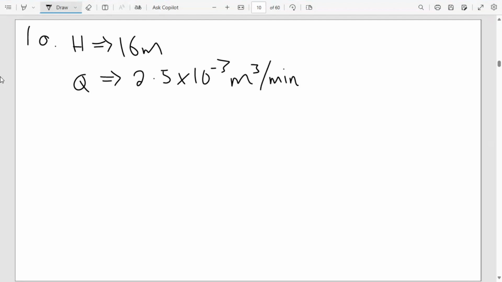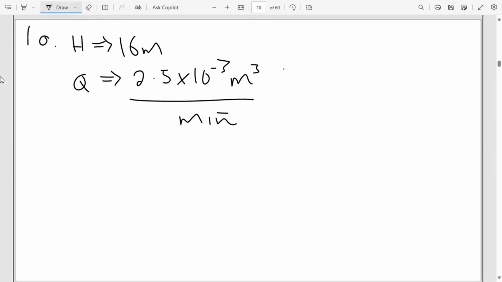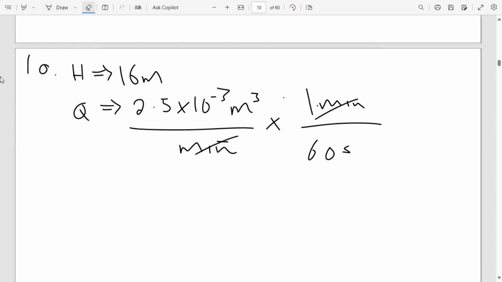First things first, we're supposed to convert the flow rate into its SI unit. What are we going to do? We're going to convert these minutes so that we have a flow rate in cubic meters per second. This is the same as having it over 1 minute, so I'm going to multiply by 1 minute over 60 seconds. The minute and the minute cancel, which means I'm dividing this number by 60 seconds. That means I'm going to get a flow rate